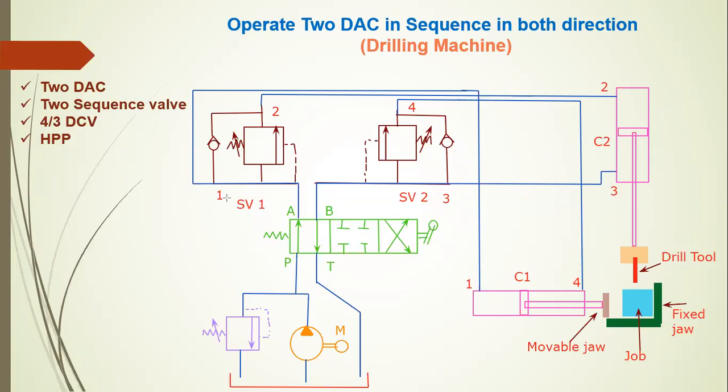Here for the sequence valve, one is connected to cylinder first in the extended condition. Give the name 1 on both sides, so we can identify the hydraulic oil passing from the first position to the first point at cylinder C1, and 2 is passed to cylinder 2. Always give the hydraulic line name, but never give an arrow direction in any hydraulic circuit. Always remember never to give an arrow for any hydraulic circuit. The symbol itself says the hydraulic flow path.